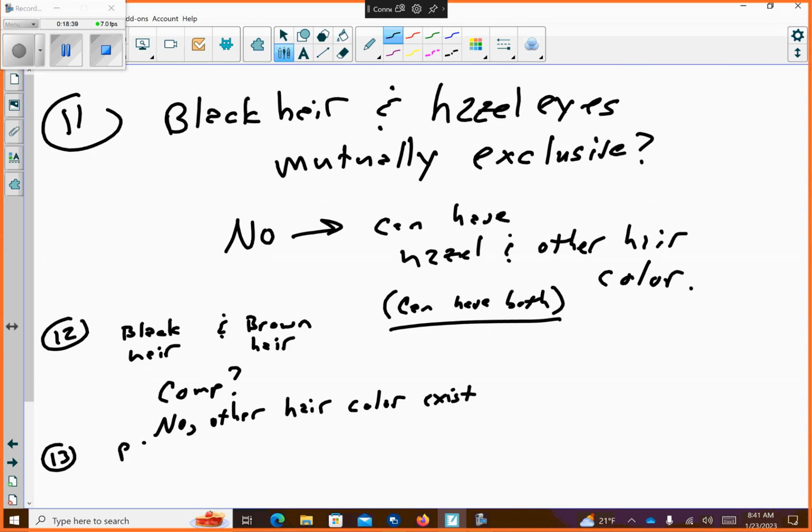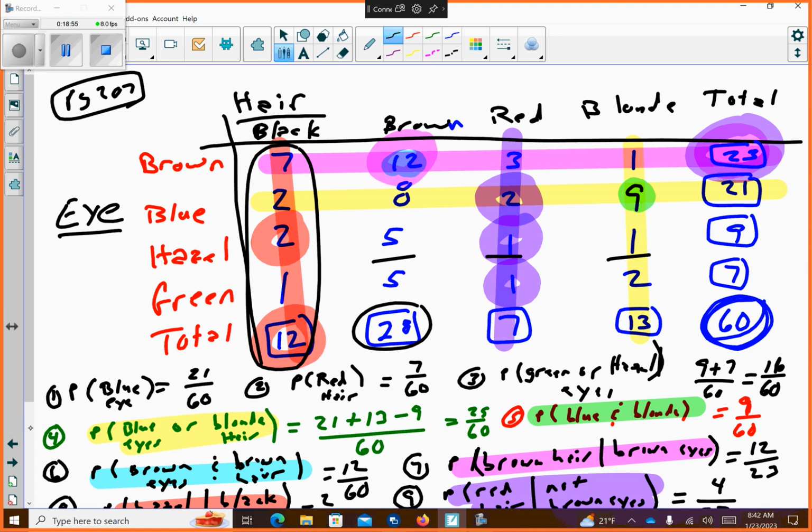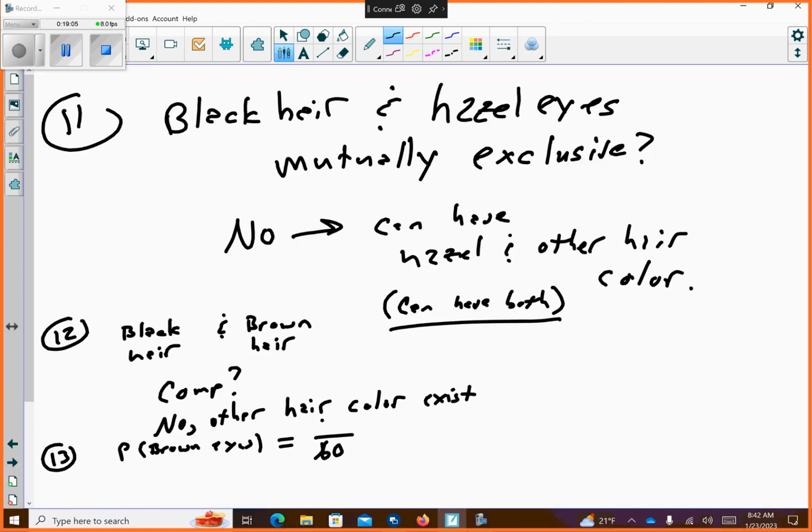What's the probability of brown eyes? So there were originally 60 people in our event. And if we go back to it and say brown hair, probability, oh, brown eyes, brown eyes. Brown eyes, there's 23. So we have a 23 in 60 chance of pulling somebody who has brown eyes. Okay, so that's A. For B, we have probability of brown eyes,